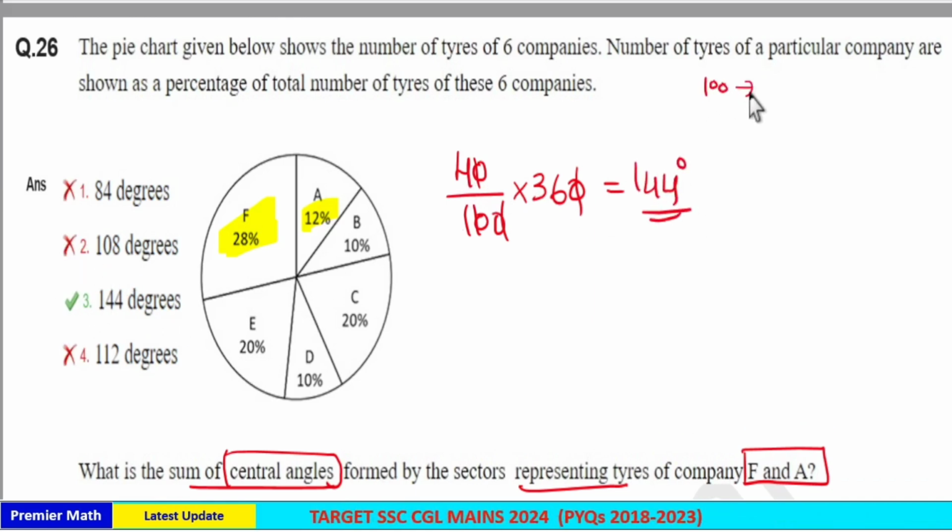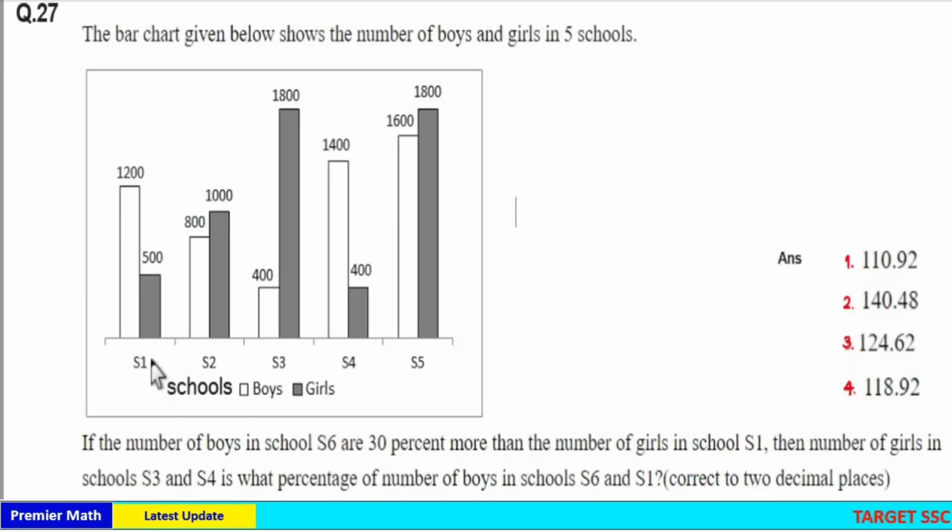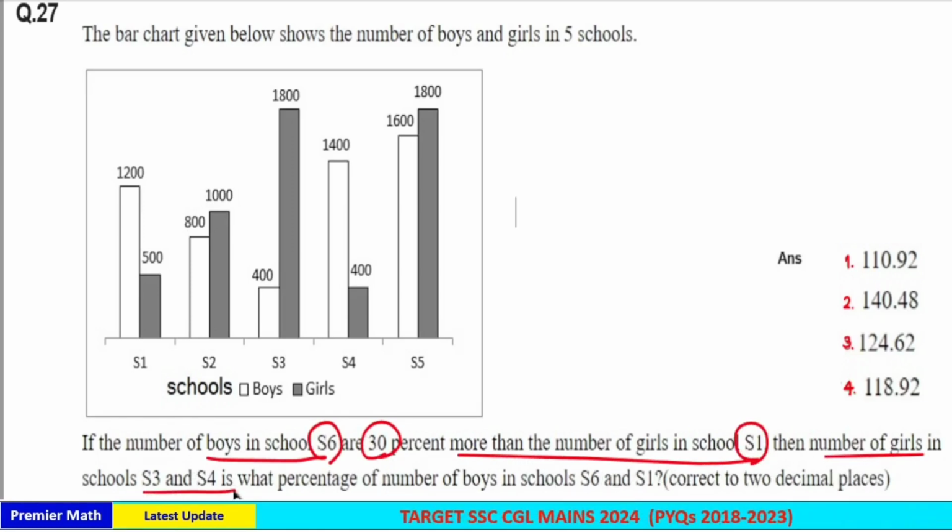That is, out of 100, 40 is the share of F and A. Then out of 360, 144 is the share of F and A. If the number of boys in school S6 are 30% more than number of girls in school S1, then the number of girls in school S3 and S4 is what percentage of number of boys in school S6 and S1? Here, school S6 is not represented in this graph, but we can find the number of boys in school S6 from this data, which is